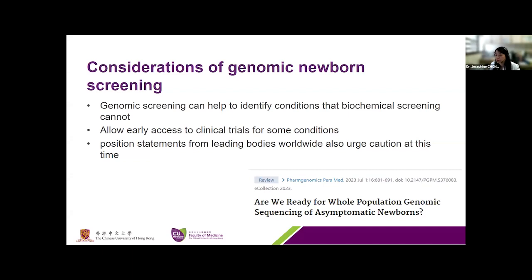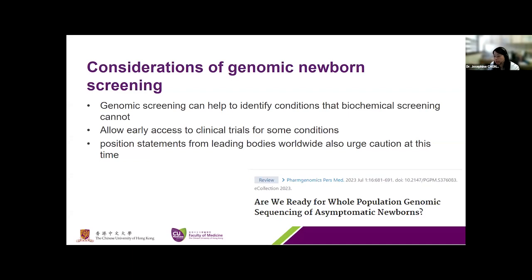That could be in different types of tissues, or in the brain, or there may be no biochemical analytes which correlate, but it is an intracellular condition which may subsequently lead to presentation of intellectual disability. So in that case, there are still drawbacks. And genetic screening may also allow early access for some of the conditions if it is